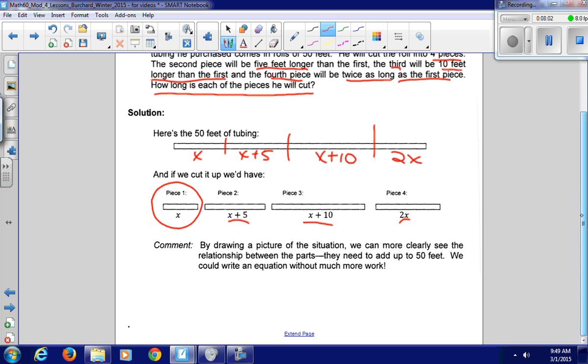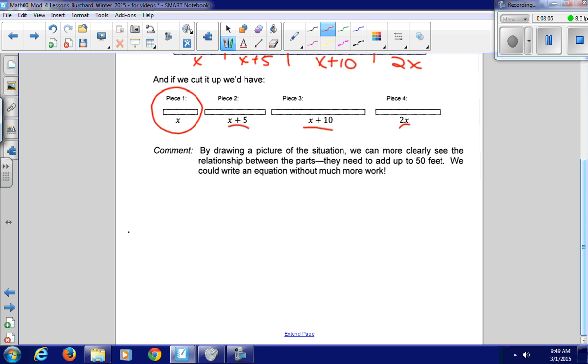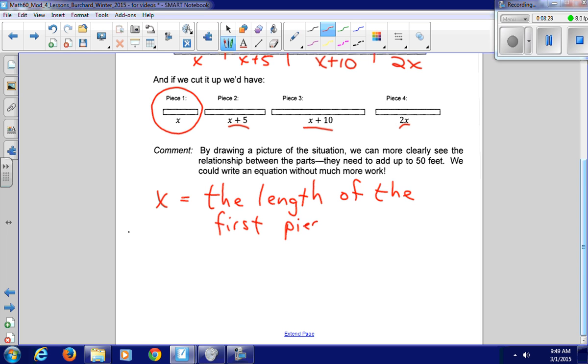Okay. So now, first thing we got to do is define our variable. We sort of already did that here, so we're going to say x is the first. Let's be more accurate because I'm always getting on you guys about that. X is really the length. It's not the piece itself, it's the length of the first piece of tubing. So now we define our variable, we want to write our equation. So we have to go back up and look at